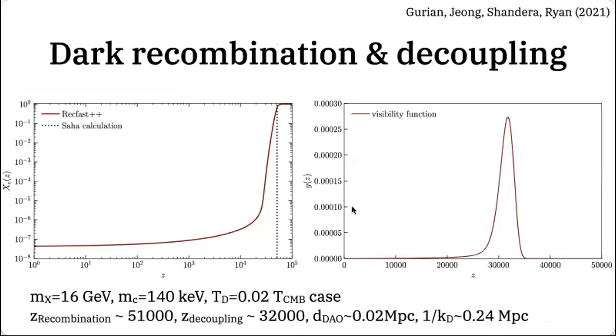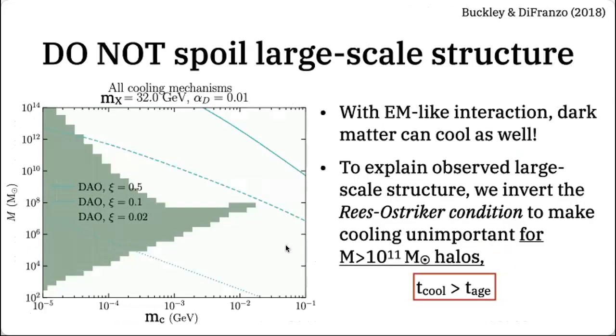So just like what I said, if you have a dark proton, dark electron, and dark photon, just like we have normal CMB recombination, we expect to have dark matter recombination, beyond which the dark matter particles are basically neutral. Okay, and then for given 4 parameters, dark proton mass, dark electron mass, dark CMB temperature, and the coupling constant, we can calculate the recombination history and the last scattering surface of dark matter. And that's very interesting. We can also extend this a little further to figure out the typical size of the compact dark structure, the dark matter halo, in this atomic dark matter model.